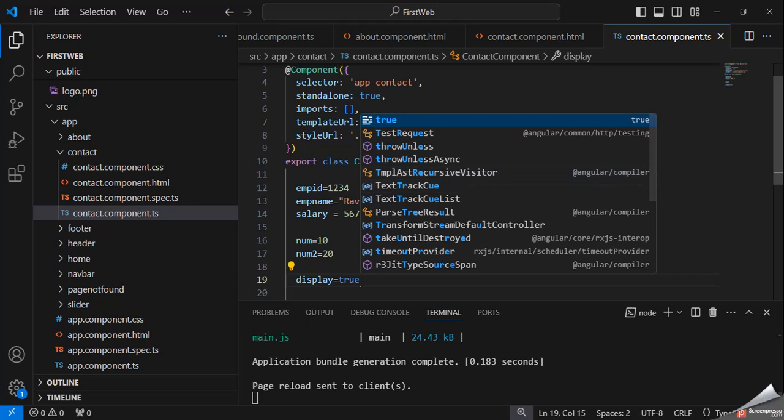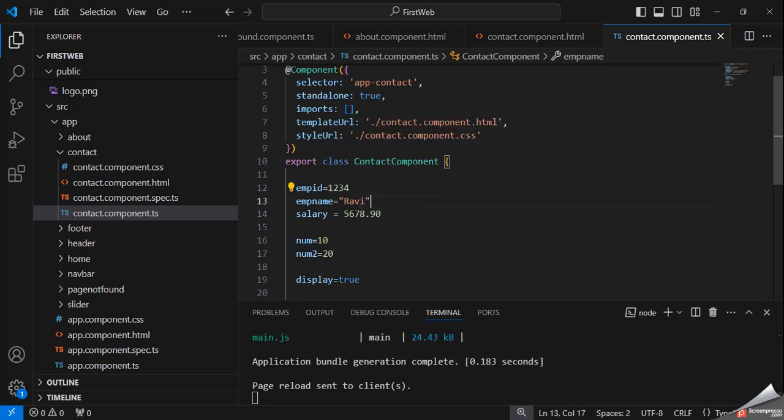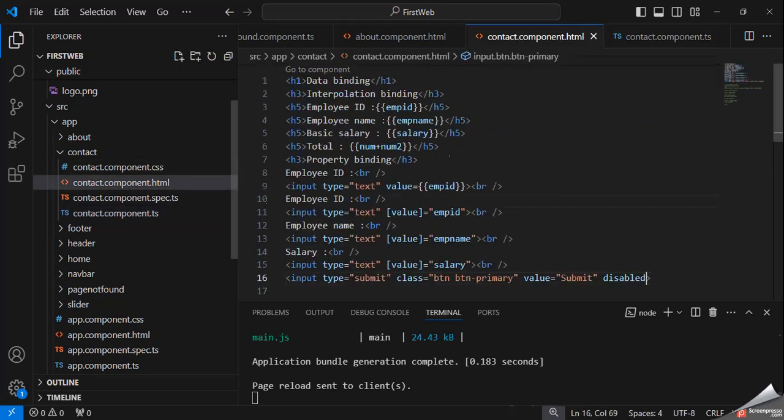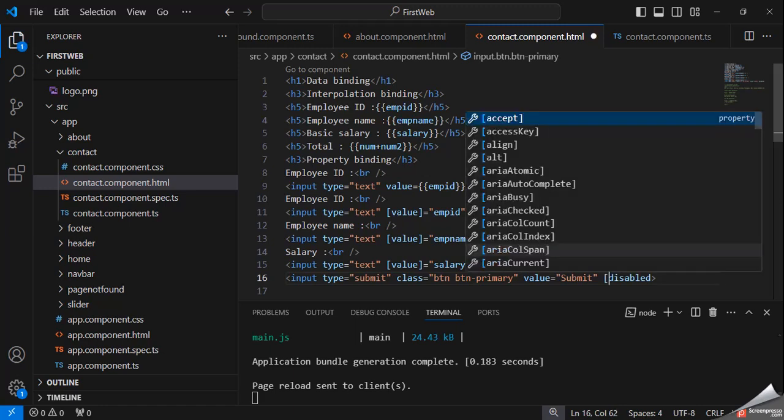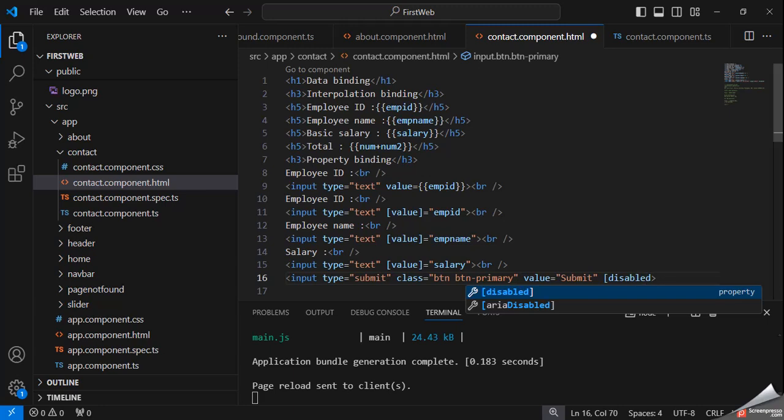Here I have declared a variable display is equal to true. Now I'm going to use it here. First of all, declare this property in square brackets, and after that specify display.